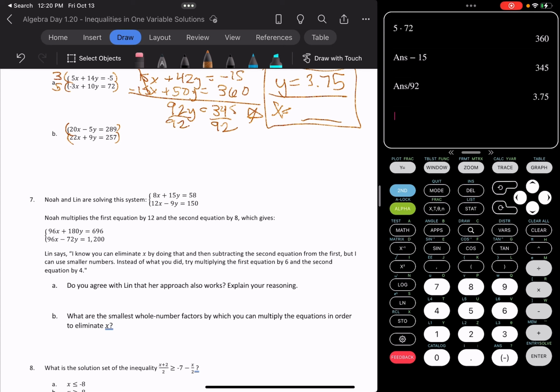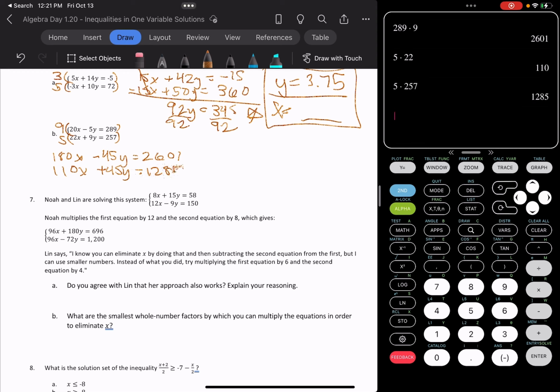So the smallest number that both 9 and 5 can create is actually going to be 45. And so I want to get my middle terms to be 45, so I'm going to multiply by 9 and multiply by 5 on the bottom. So this will be 180x minus 45y equals 289 times 9, 2,601. And then at the bottom, 5 times 22 gives us 110x plus 45y, which is what we're looking for, and then 5 times 257